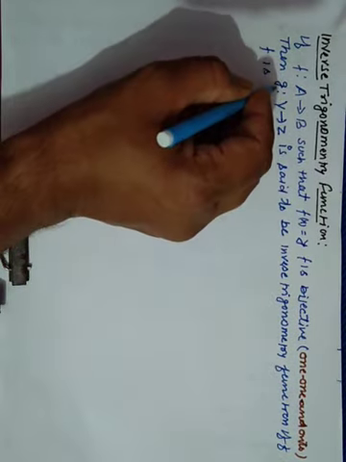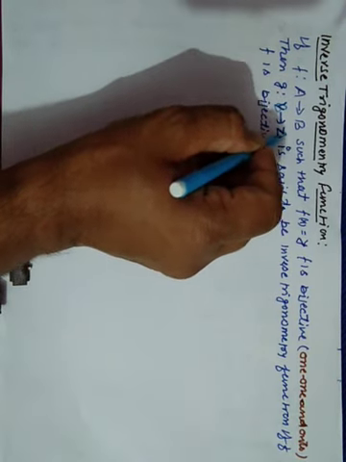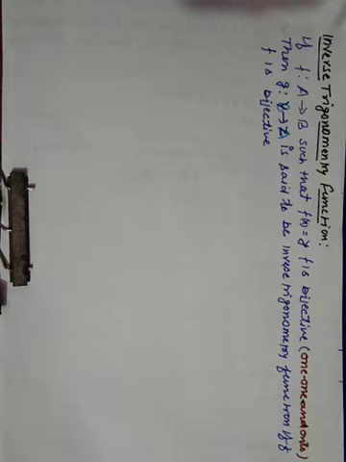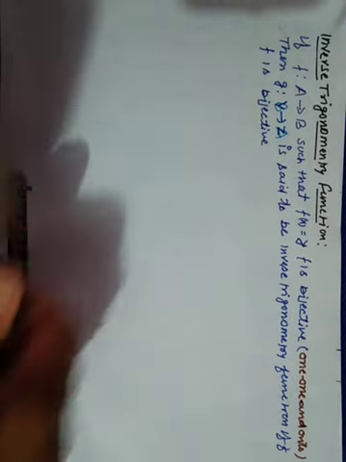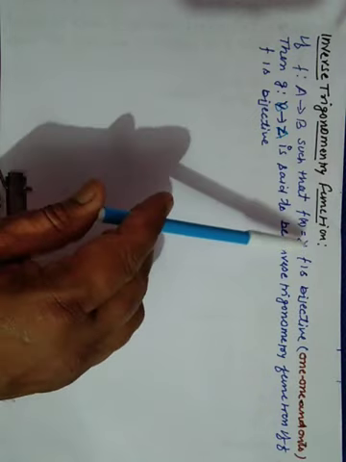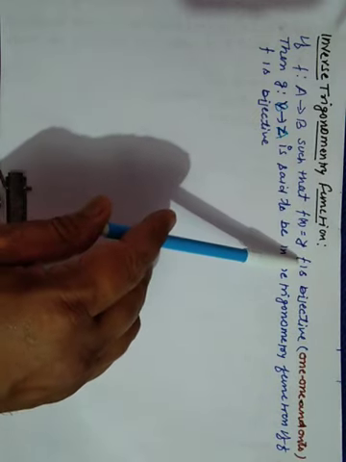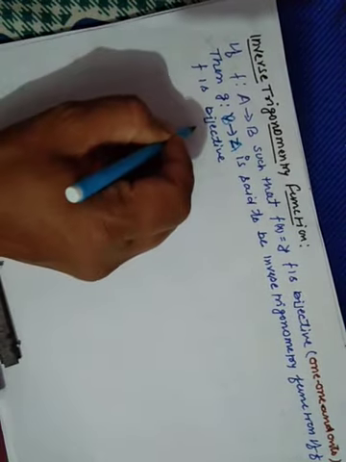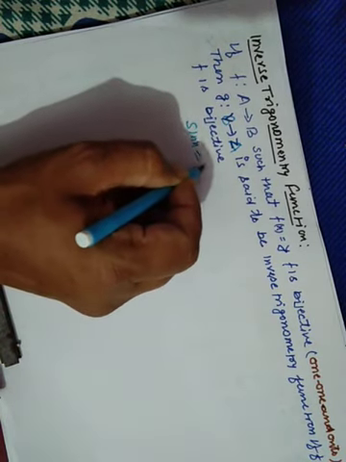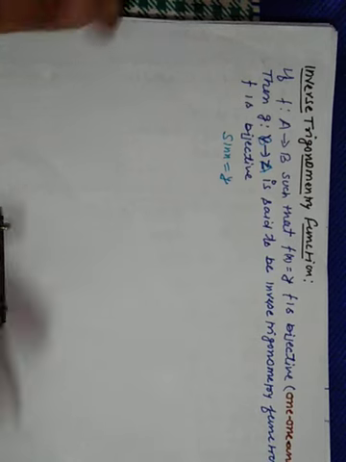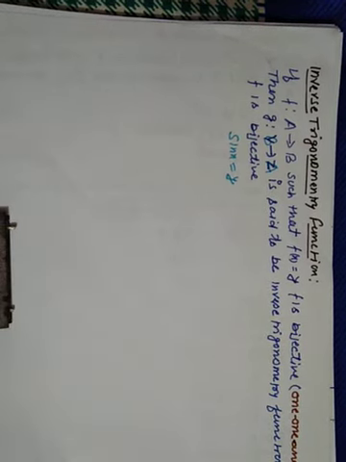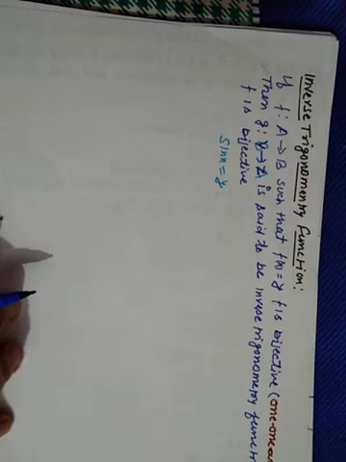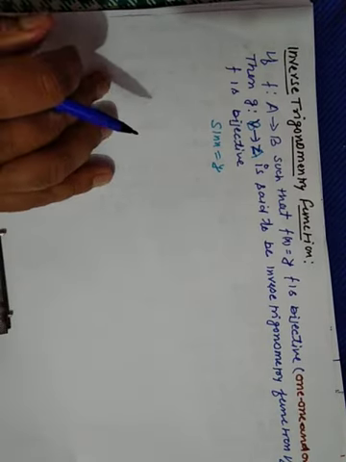So if we have a function from A to B and f is one-one and onto, there is another function from B to A, and this function g is said to be the inverse of f. Clear? But what condition must f satisfy? One-one and onto. Clear? We will see this by an example. Let sin x is equal to y be a function from A to B. Now we have to find the inverse of that.